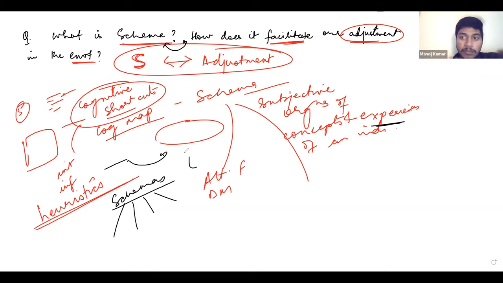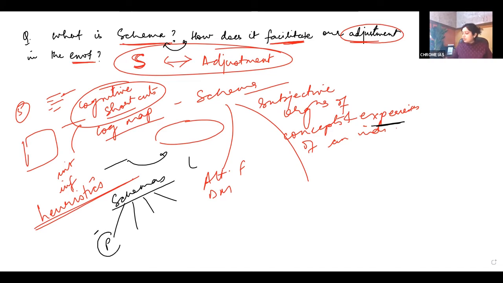Right? So they can be person schema, that is the schema about other individuals, that how an ideal friend would be like. Right? How an ideal younger brother has to behave. What is the schema of a mother? How an ideal mother should be like. So the schema of other people.